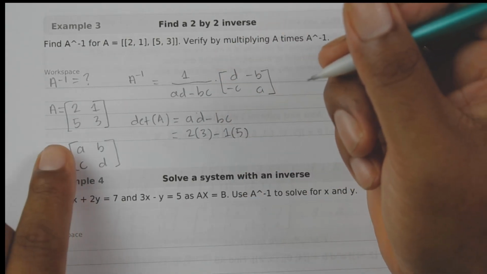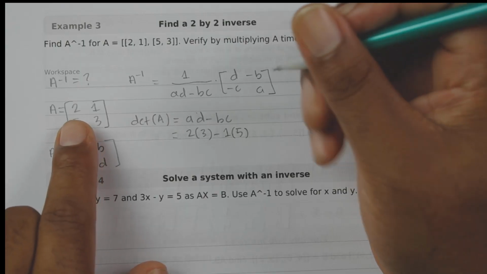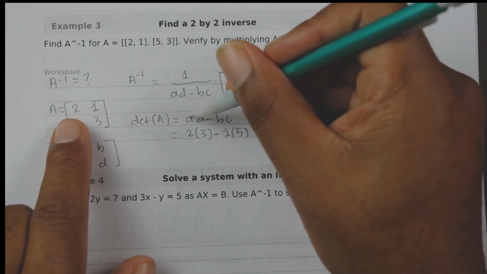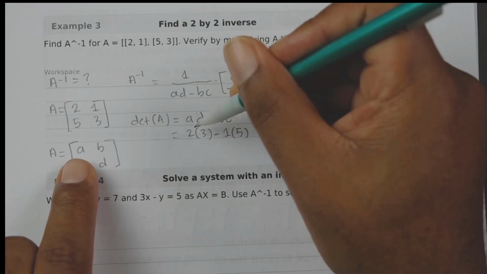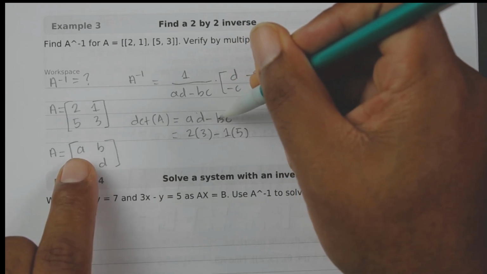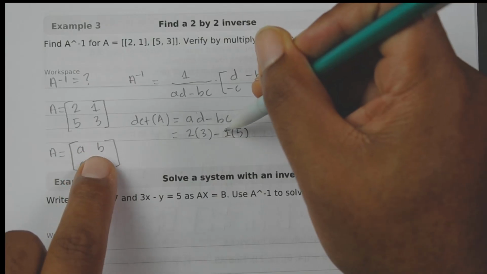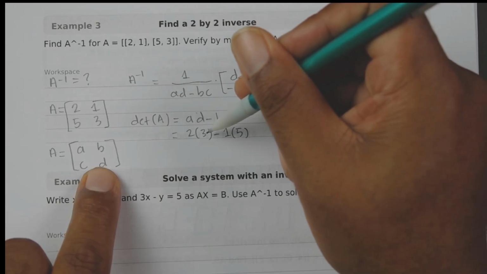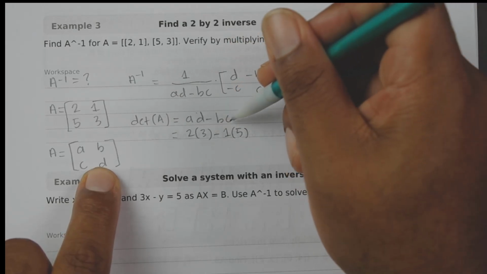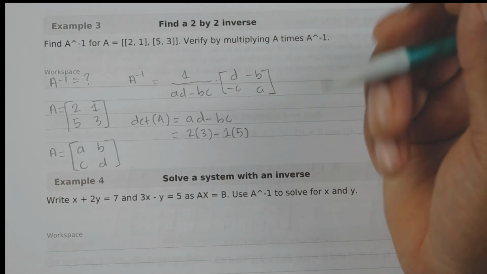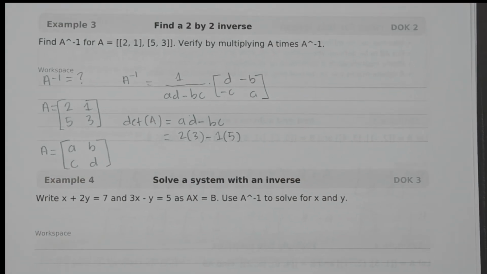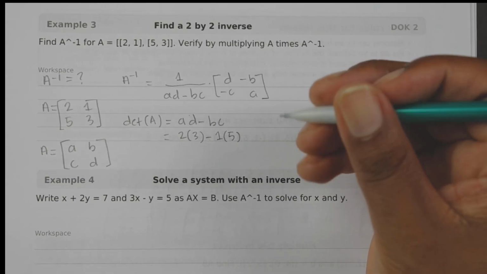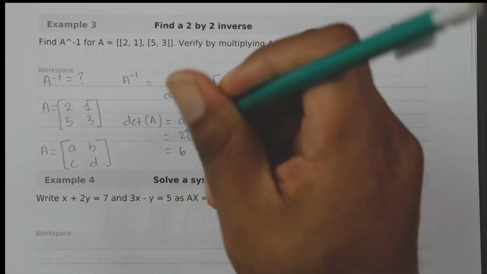Okay, so those terms come directly from here, right? So A would be 2, B would be 1, D would be 3, and C would be 5. Okay, so just be very careful making sure that those things correspond. Then we have 6 minus 5